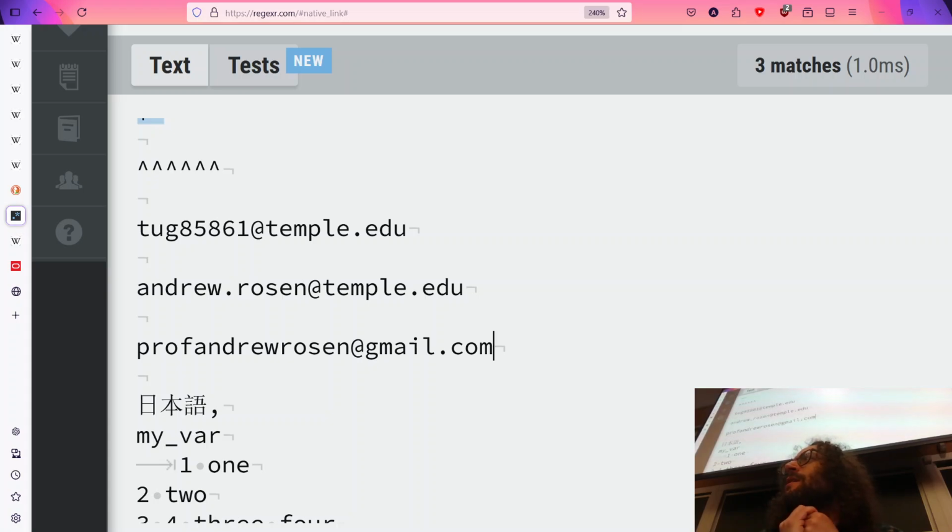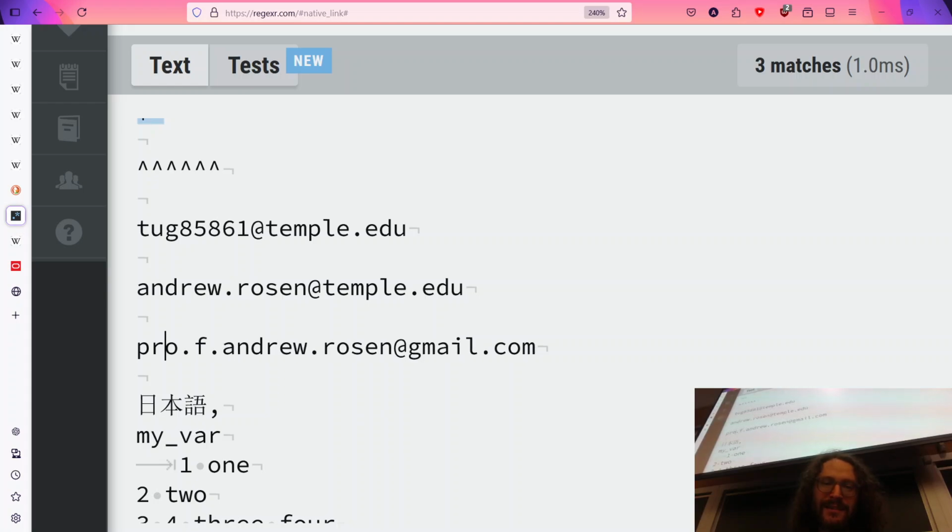Some interesting notes about Gmail addresses, by the way. First off, the dots don't matter in a Gmail address. This is the same email address, and so is this. Another fun fact: you are not necessarily aware of all the valid characters that exist for email addresses. For instance, plus is a perfectly valid thing in the beginning of an email. In fact, Google uses the plus a lot. So when I register for things in music, I'll do plus music.